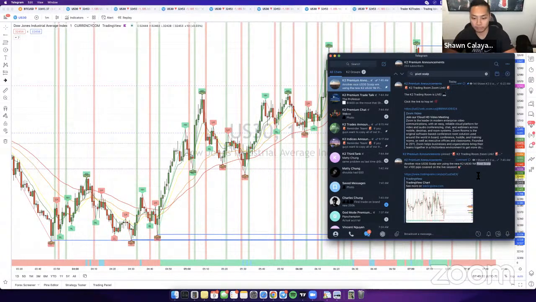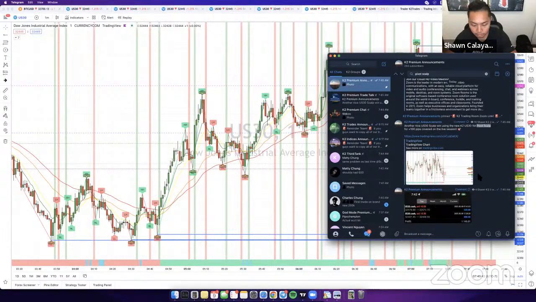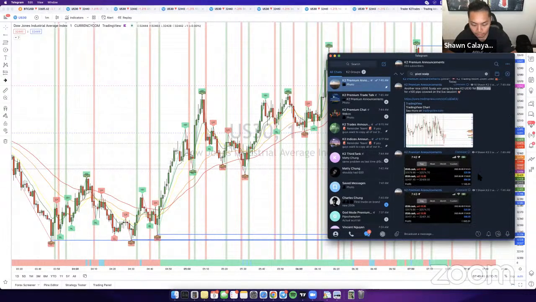So there goes that right there. Let me go and post my profits real quick so that you guys can see. That's basically the trade that I based it off. I entered it late, but it was mostly based off that analysis there. So it was just a ride to liquidity.